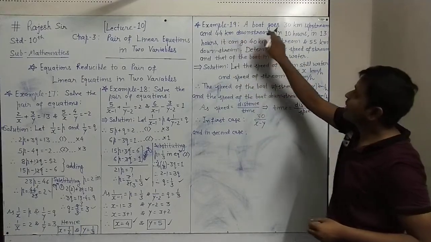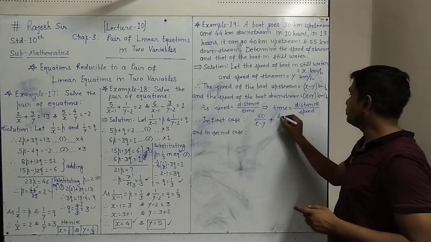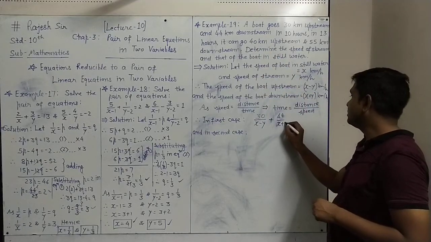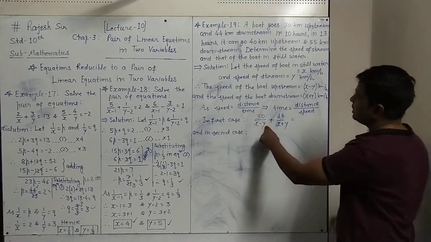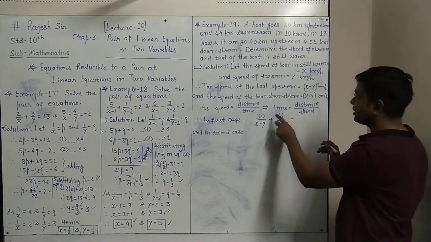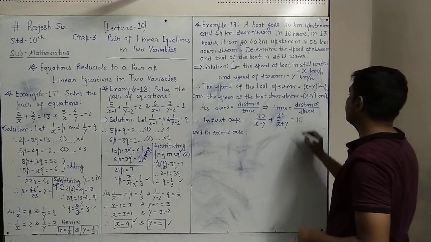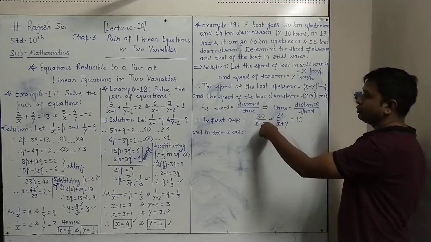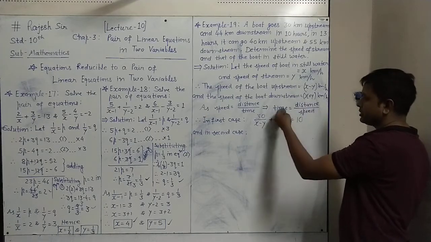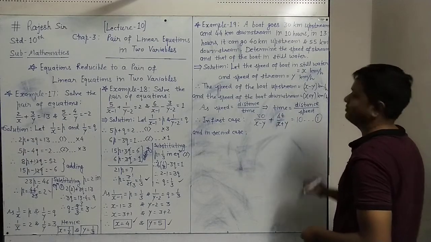And 44 kilometer downstream. In this, again, distance is 44 and speed downstream is x plus y, that we have to place down. This shows the time in traveling 30 km upstream and the time taken to go 44 km downstream. Total time is 10, as given. So this is the 10. The time taken to go 30 km, the time taken to go 44 km. This is distance upon speed. Distance upon speed shows time. Total time is 10 as given. So this is our equation number 1.